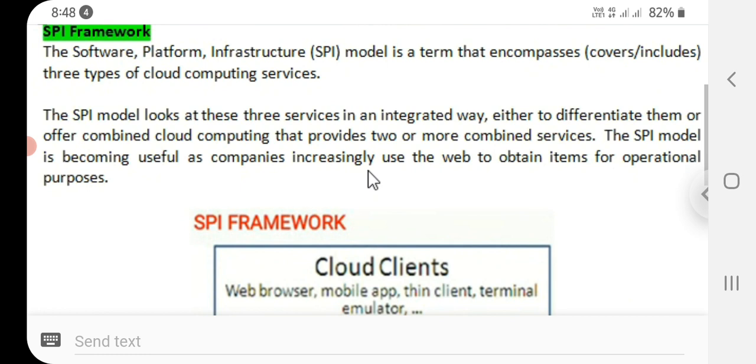This SPI model looks at these three services in an integrated way, either to differentiate them or offer combined cloud computing that provides two or more combined services. The SPI model is becoming useful as companies increasingly use the web to obtain items for operational purposes.